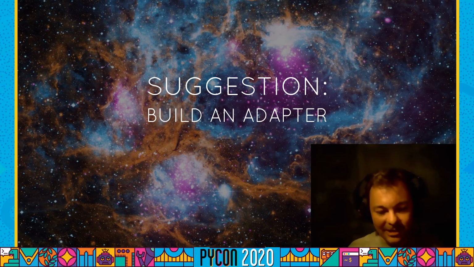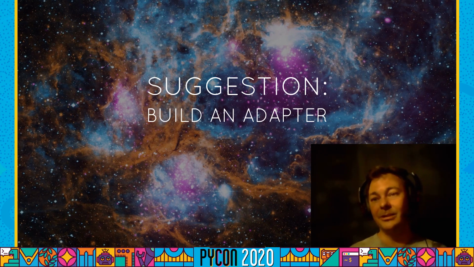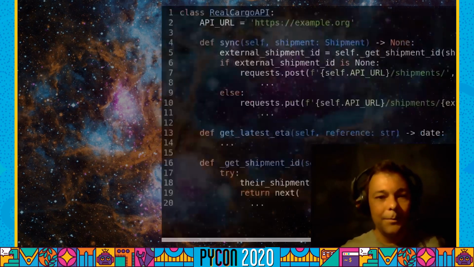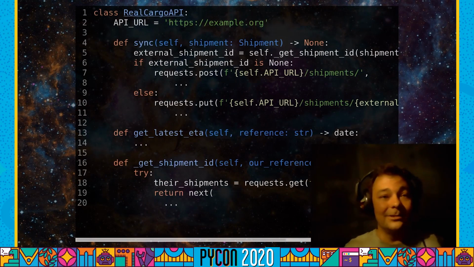Ports and adapters is an architectural pattern. If you've done any reading about this, you might have come across hexagonal architecture, or ports and adapters, or onion architecture, or clean architecture, and these are all very, very similar architectures. One of the things they try to do is help you to separate your low-level infrastructure concerns from your high-level business logic. So that's why I'm calling it an adapter. But let's look at the example to see really what it looks like.